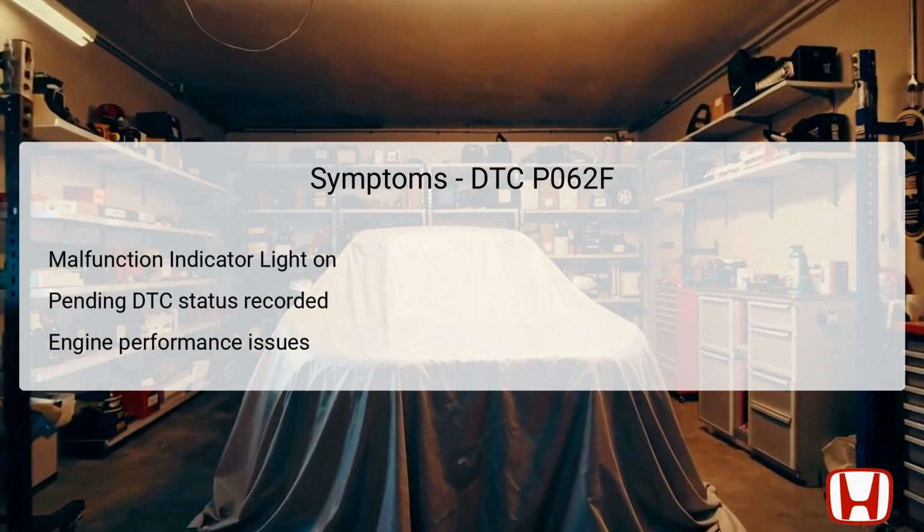When DTC P062F is triggered, several symptoms may become evident, starting with the malfunction indicator light, MIL, illuminating on the dashboard. This light serves as a warning sign to the driver that there is an issue requiring attention. Additionally, the presence of a pending DTC implies that the issue might not be intermittent, but is failing to clear over multiple drive cycles. Furthermore, as the PCM struggles to retrieve or write KAM data, noticeable changes in engine performance